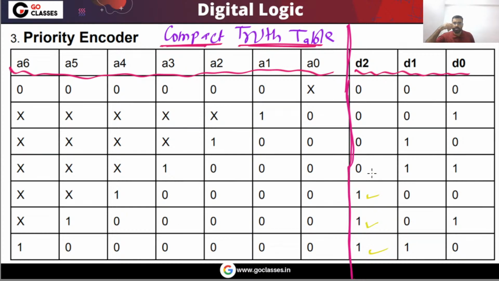Correct? So D2 is 1 in these 3 situations. What are these situations? Tell me. In this situation, D2 is 1. This means A4 must be 1, and the others must be 0. So D2 will be equal to